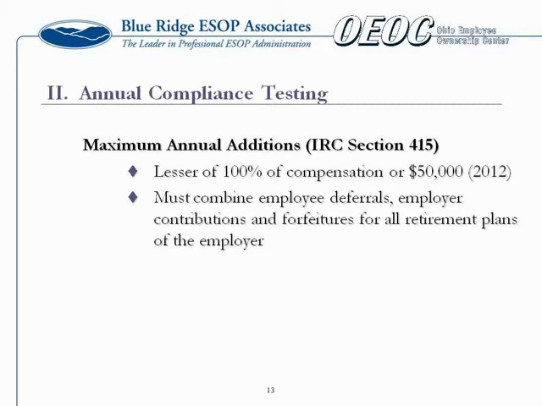So again, we're going to be looking to the plan document for definitions as to how to deal with overages. Typically there's going to be a corrective distribution in your 401k plan, although there are certain ESOP attorneys that have that adjustment made in the ESOP. So we're going to make sure you're covered on that. And obviously we have run into a few situations where there are some inconsistencies, so we'll work with you on that and can help you work through how to deal with that if you're over.